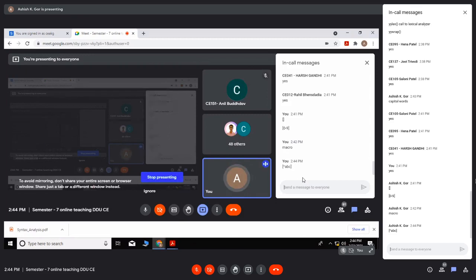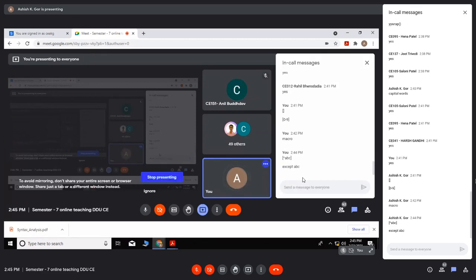If you write this as a pattern or a definition, what is it going to match with? Remember, whenever you write a square bracket and then caret ABC, this means except ABC.